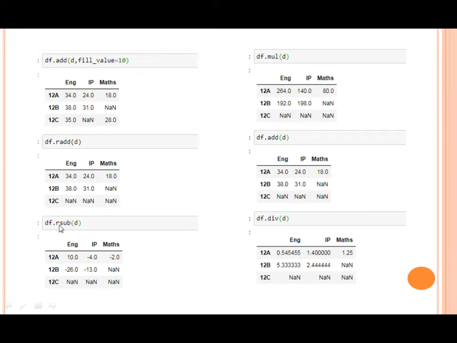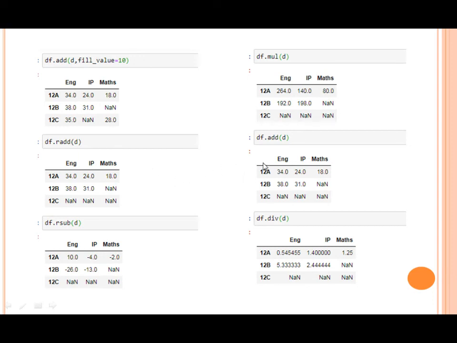Okay. Then next is df.rsub(d). Again it is going to subtract df from d. Okay. And then df.mul means multiply, multiplying df with d. df.add(d), simply adding the values like radd.